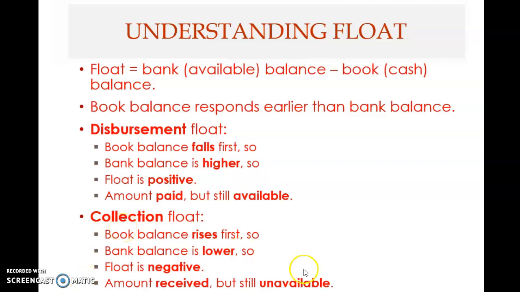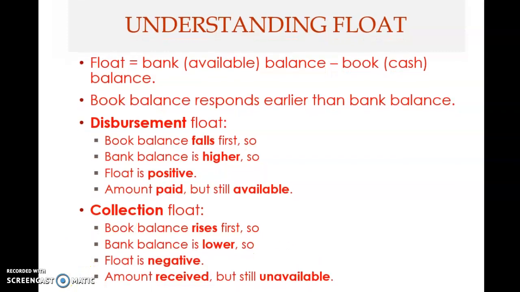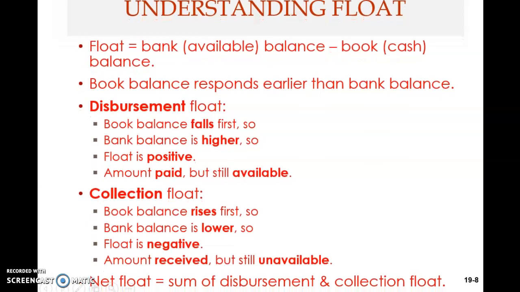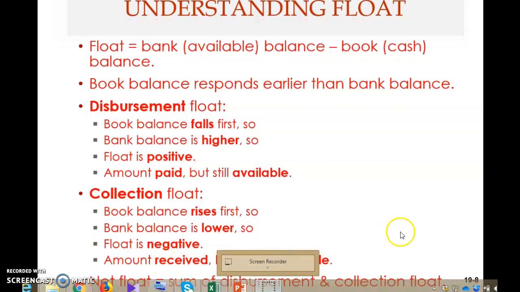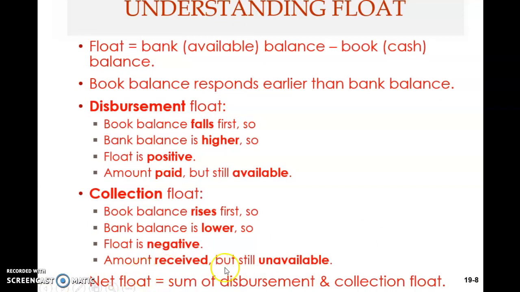Then at the bottom, it says net float. Net float is the sum of the disbursement float and the collection float. It's the sum of these two that is called net float. This plus this, this is